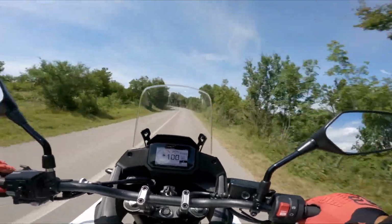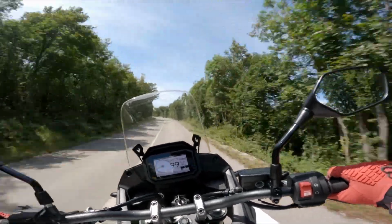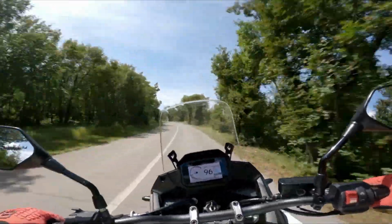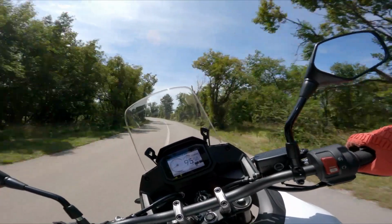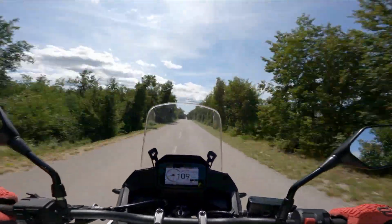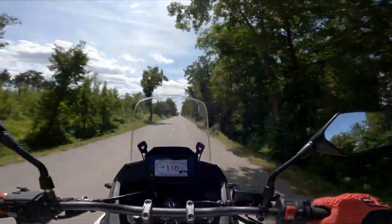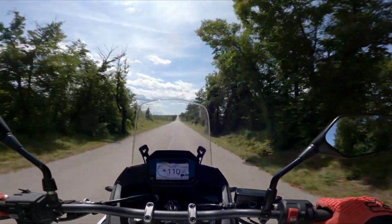Back in the late 80s, Honda had a vision to create a bike that could handle all sorts of roads while keeping you comfortable on those long rides. And thus the Transalp series was born. The XL750 Transalp is the pinnacle of this evolution, featuring a powerful parallel twin engine, good suspension, and a design